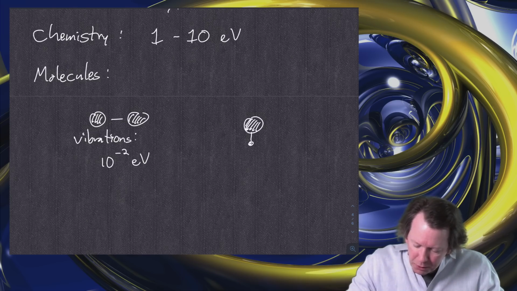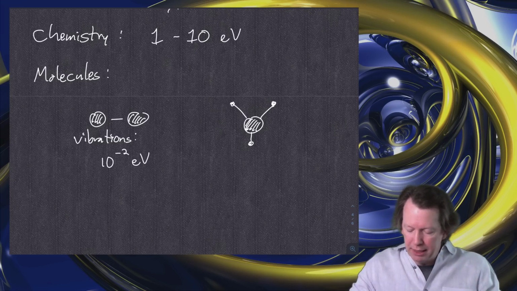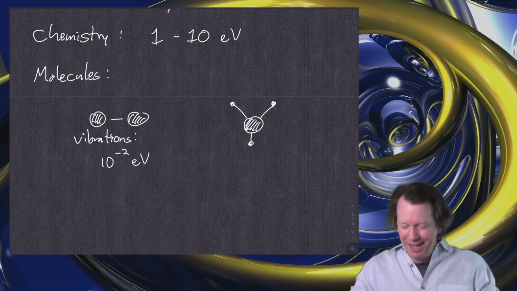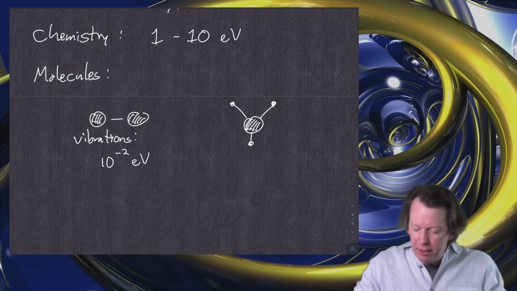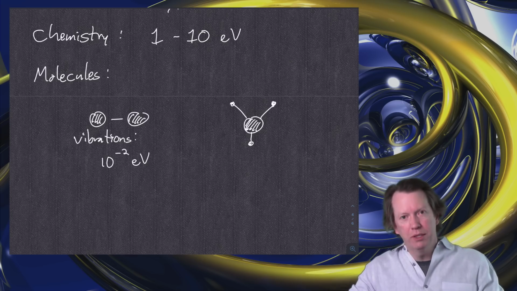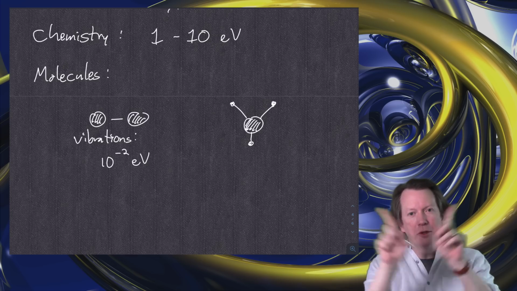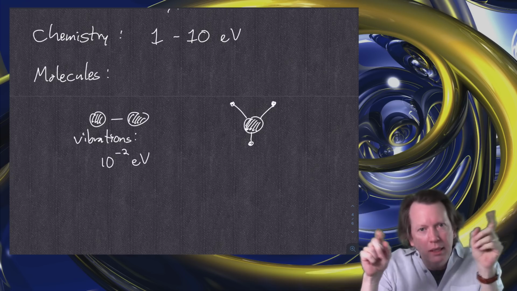Let's imagine a little molecule that has three different atoms. This is a heavy nucleus. Maybe this is methane or something like that, right? No, ammonia, sorry. This is a heavy nucleus and then three hydrogen atoms. And if we work in a frame of reference where we fix the one at the bottom and don't move it, then let the other two move around, it's very much like